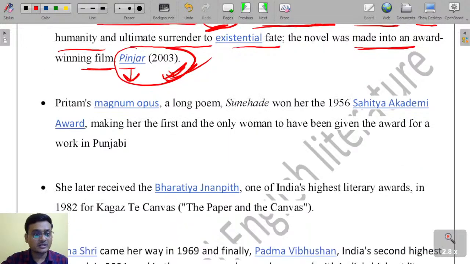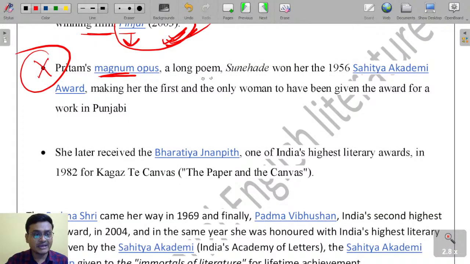Here is Pritam's magnum opus, a long poem, and for this important work she was awarded the Sahitya Academy Award in 1956. You see that Pritam's magnum opus, the long poem Sunehade, won her